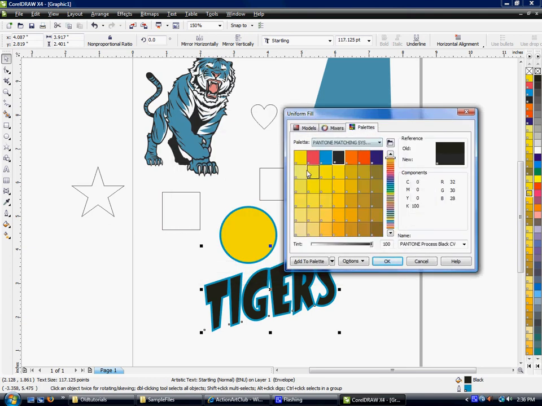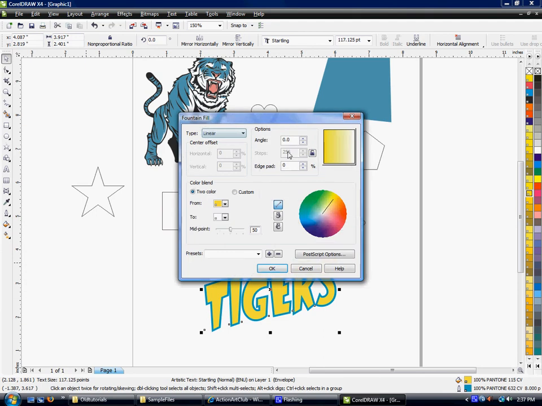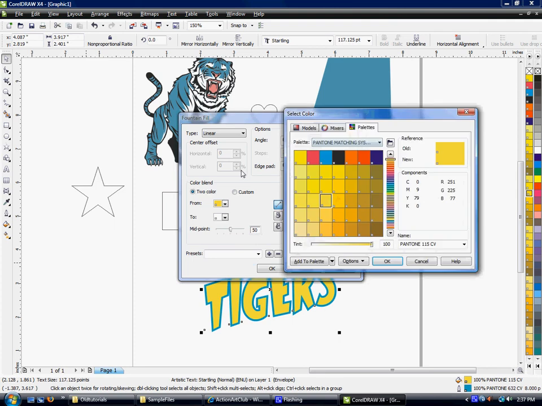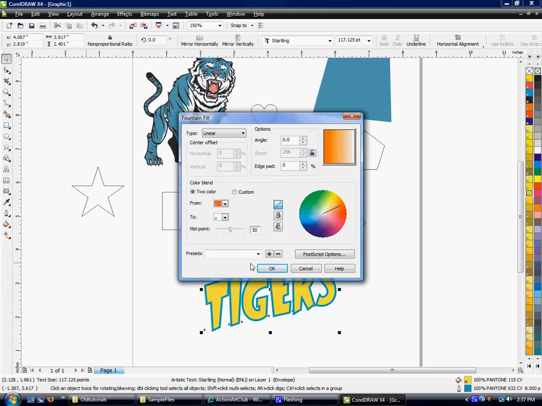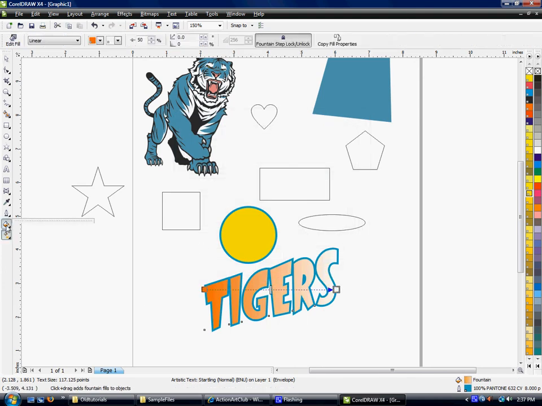The second part is the fountain fill, which allows you to add a faded fill to an object. And you can choose colors accordingly, and it adds a faded fill to that particular object. You can adjust that gradient by changing the angle here,